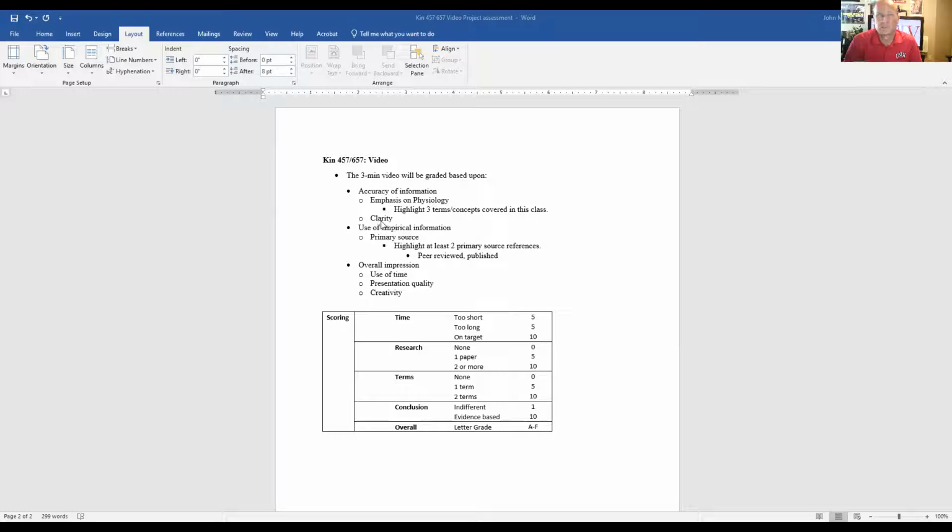And clarity is a big issue here. Make sure that you have a clear presentation. And then you're going to highlight two primary references from peer-reviewed published journals. Now, you've watched some videos on finding those papers, and actually your semester project assignment this week is to identify